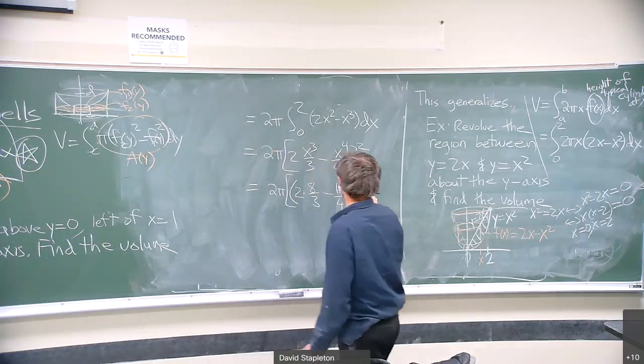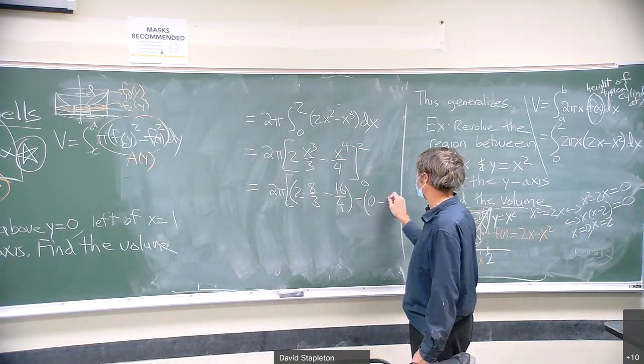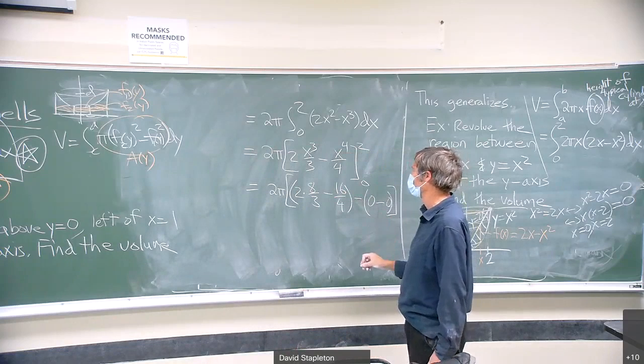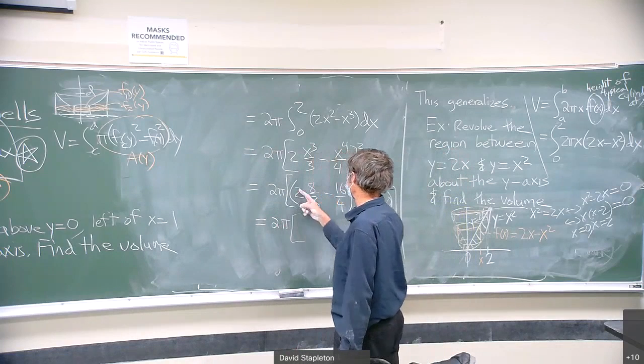And then I'll plug in 0. Well, 0 minus 0, I get that. Plug in the top endpoint, get this. Plug in the bottom endpoint, get 0. And we've got, let's see, 2 pi times 16 thirds